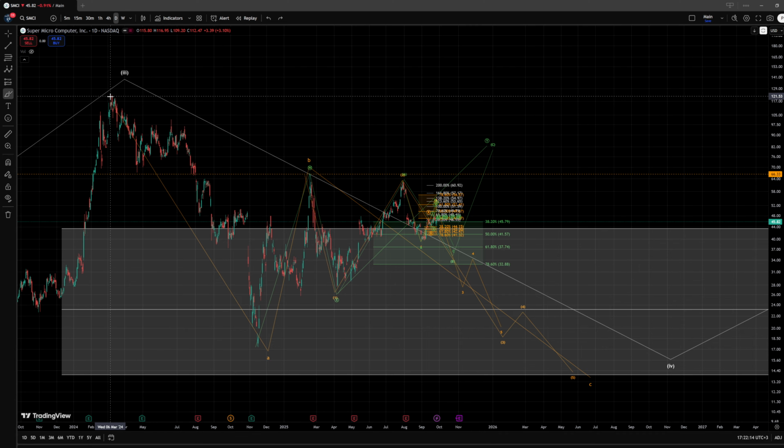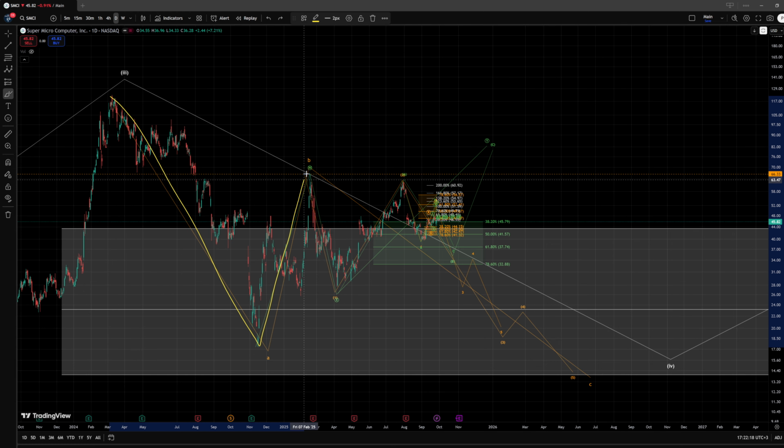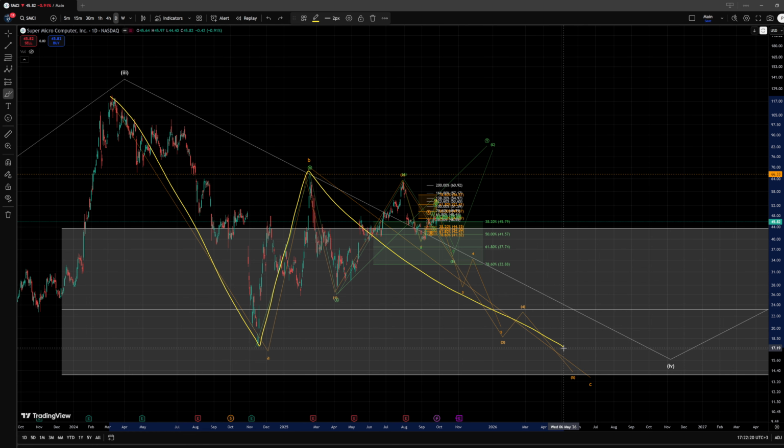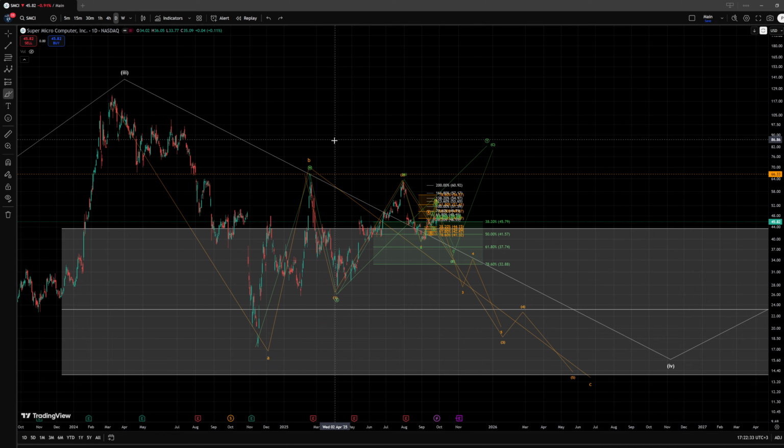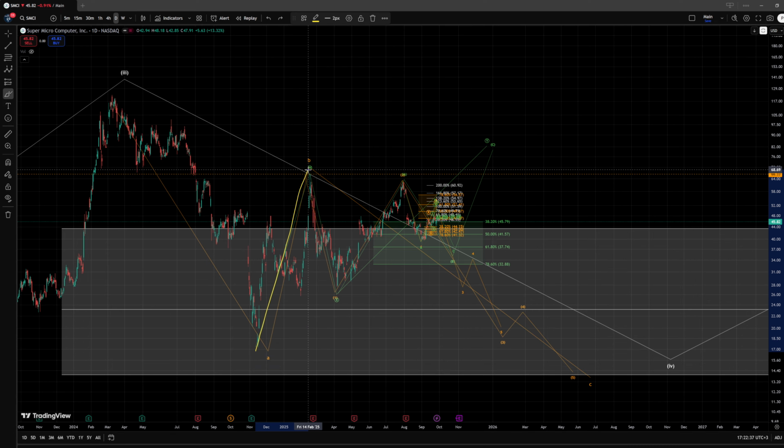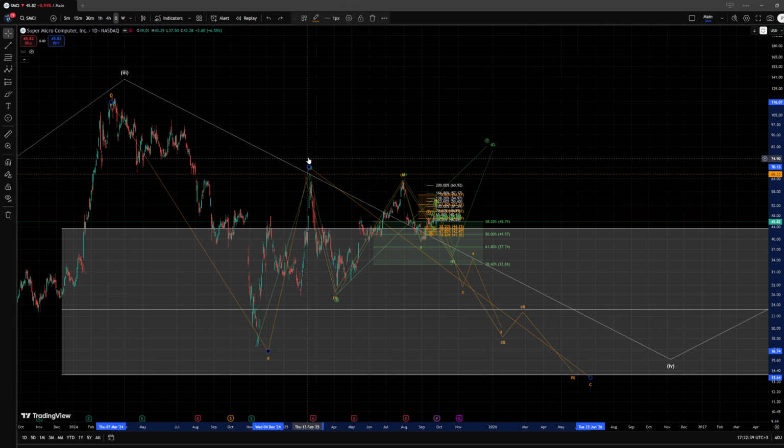Then we also have the orange scenario, in which we have an A wave down, a B wave up, and now we could be in a C wave to the downside. This could be an ABC pattern, a simple zigzag. It could also be a WXY correction. It doesn't matter the exact label right now, but what we do want to mention is that while it is possible for this to be the B wave top, technically it is still possible within the green interpretation